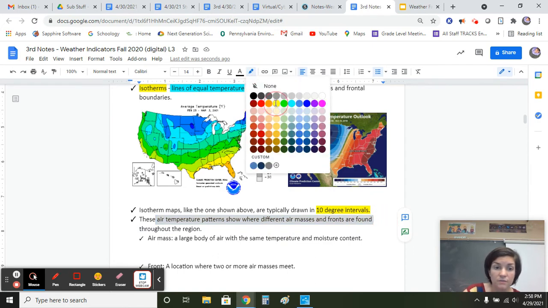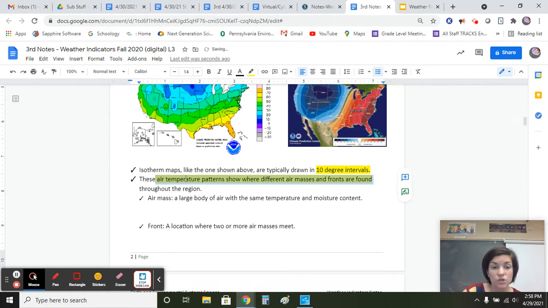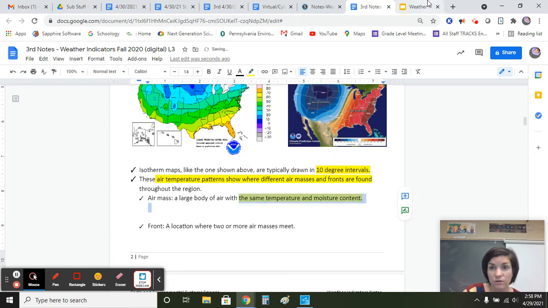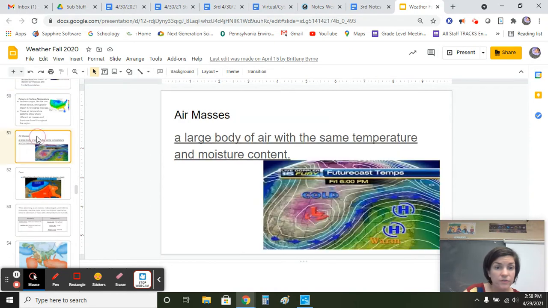Let's highlight that. All right, two vocab words. Air mass: it's a large body of air with the same temperature. So they have the same temperature and moisture content. So if I look here,